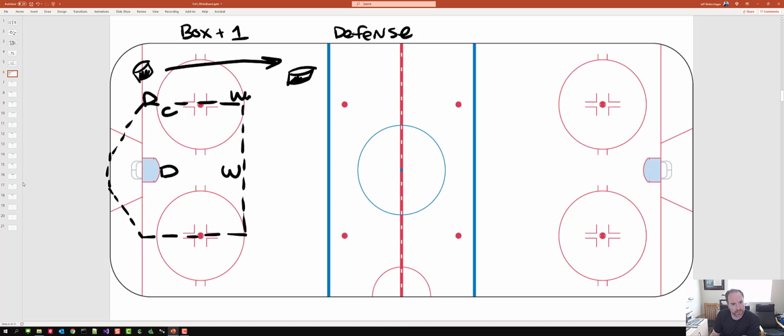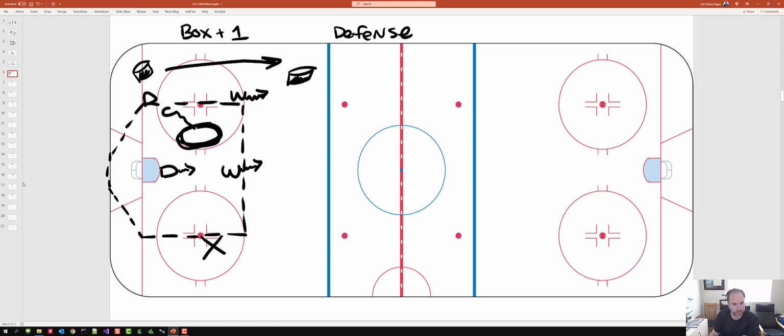And when that happens, this winger is just going to give a little bit of pressure out. This winger may give a little bit of pressure out, may not. Everybody just kind of moves out ever so slightly. The center's probably going to come into this open area here. Really what we're trying to prevent in this case is normally they'll have a player on the back half of